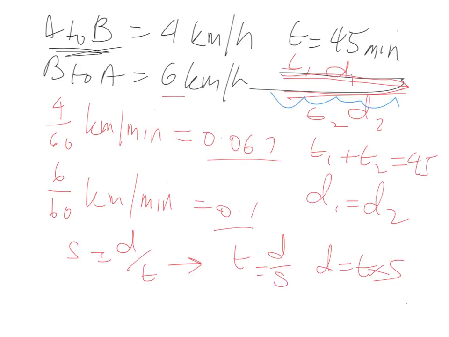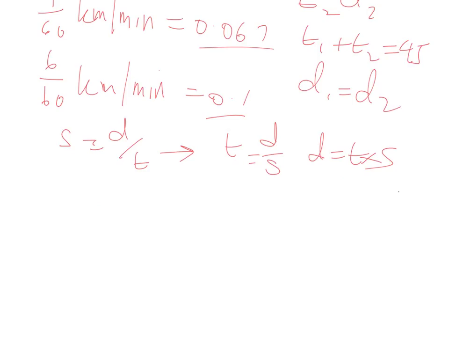We're going to use that to work out this problem. So T1 equals D1, the distance, over the speed they travelled at,